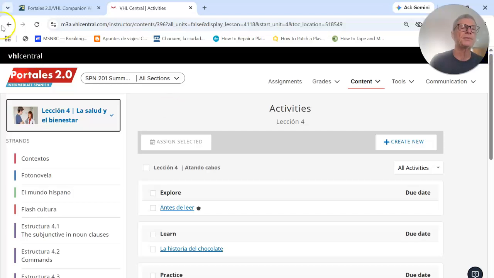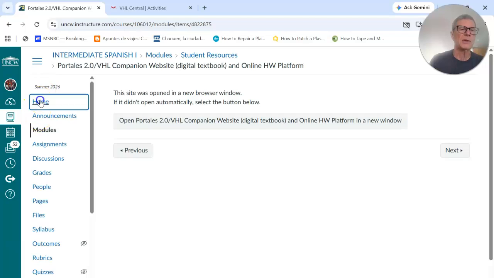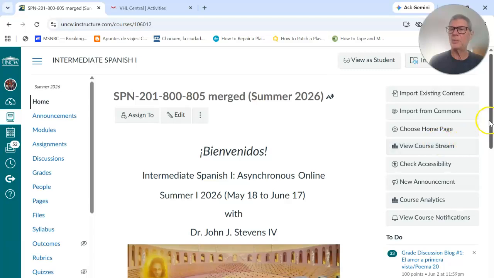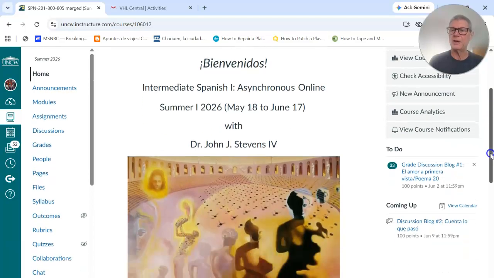In the meantime, let's pop back to Canvas, and you've just finished up El amor a primera vista. I hope you had fun with it. So it looks like almost everybody completed this assignment. So I'm going to be grading these, looking at them in the next couple of days. And in the meantime, we've got one more. This is the final one. We're heading into the final stretch, believe it or not. I told you it would go fast. And let's take a look at it.